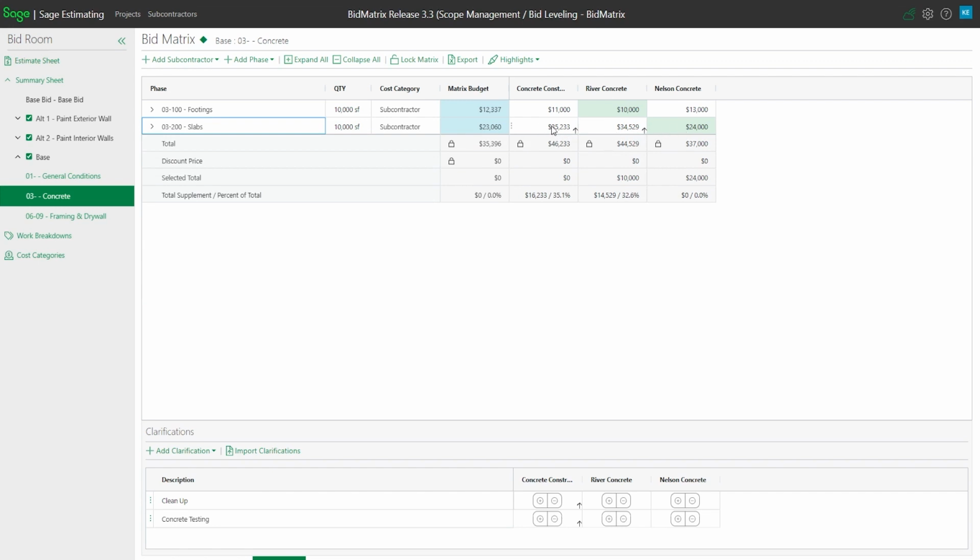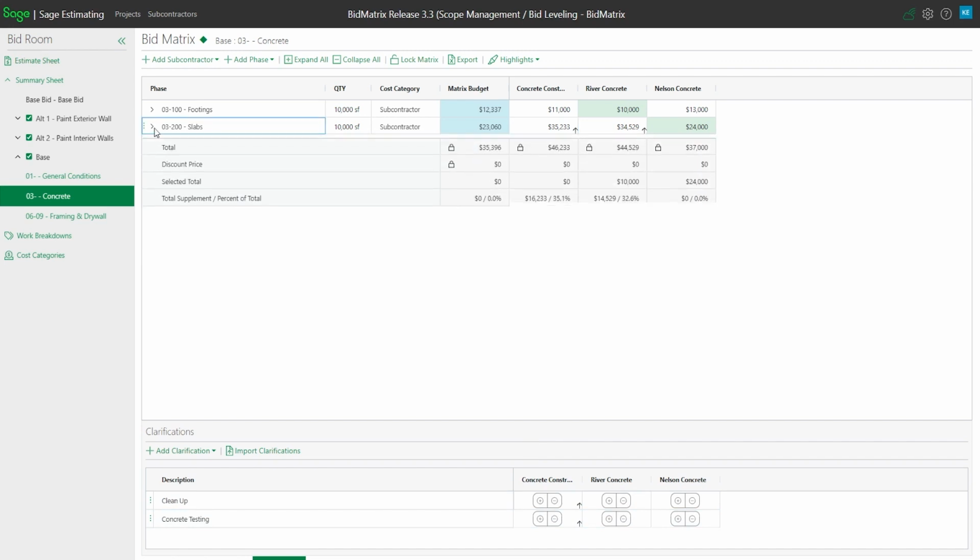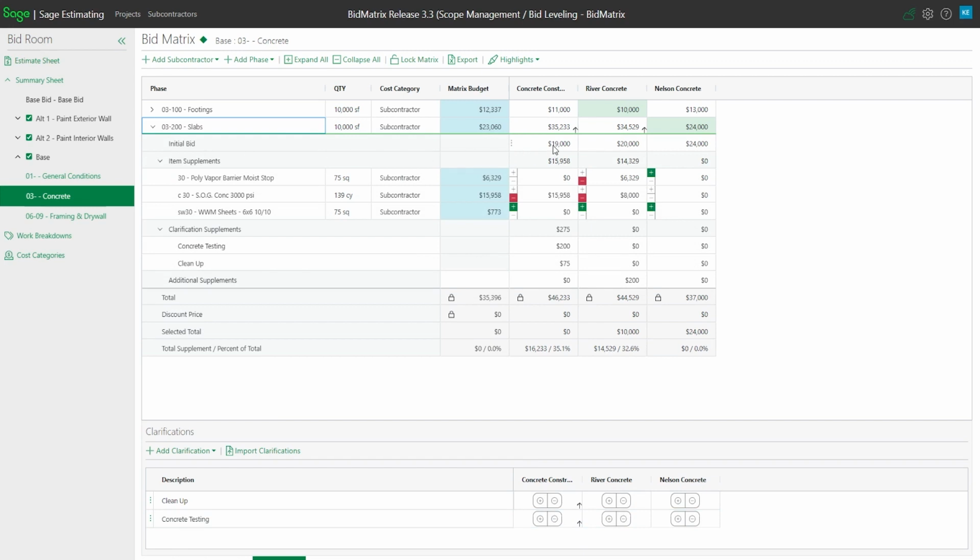Because in the past, we could see what somebody bid as a total, but I'd have to go back and look at supplements to see what line items they included or didn't include. And then we'd have to come down here and see whatever money. So these little arrows let me drill down in a section and really see, yep, there's what I put in for the initial bid. Here's what all the different supplement items add up to be. Here's what the clarification breakdowns add up to be. Here's any other additional line items that I've added to it for some reason to come up with that big picture.